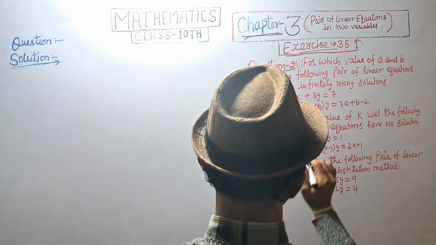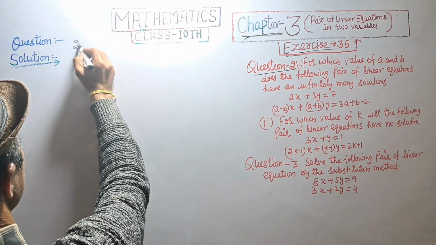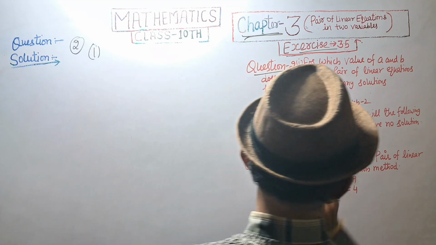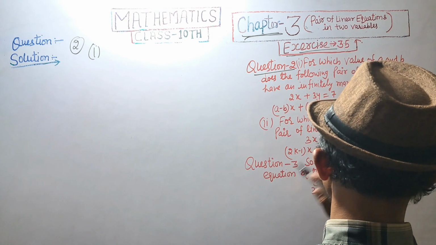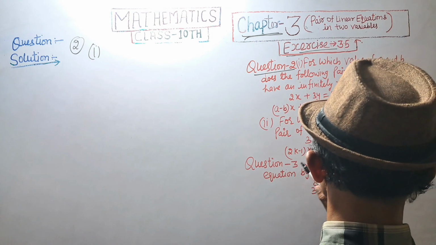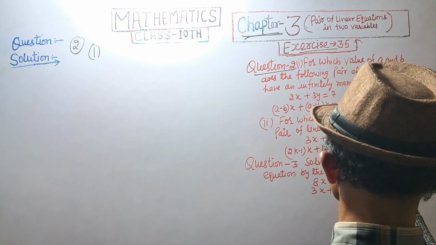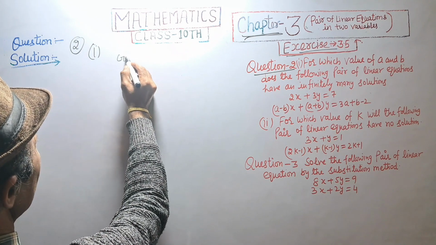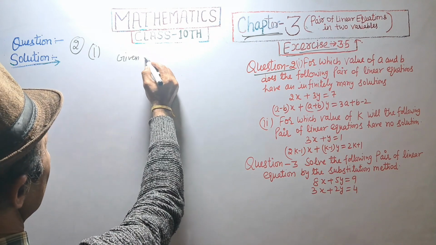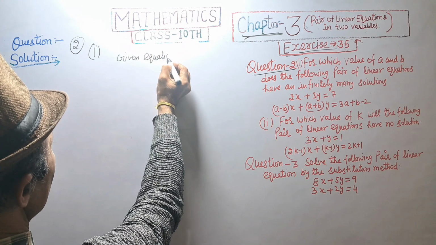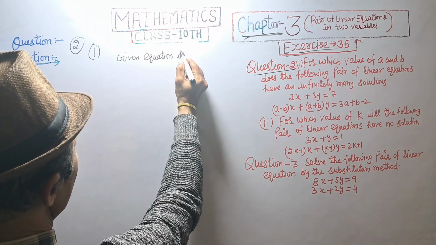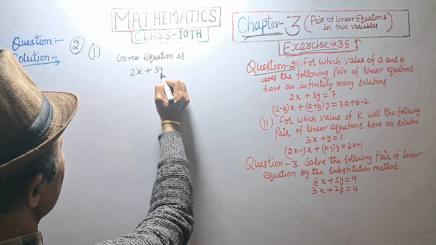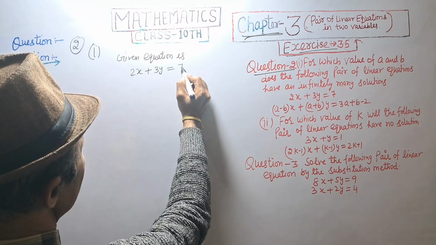Question number second, first part. For which value of a and b does the following pair of linear equations have infinitely many solutions? Given equation is 2x plus 3y is equal to 7